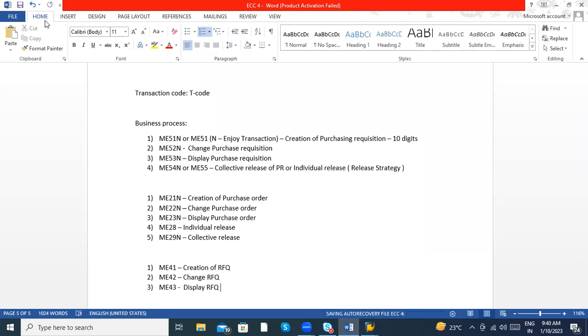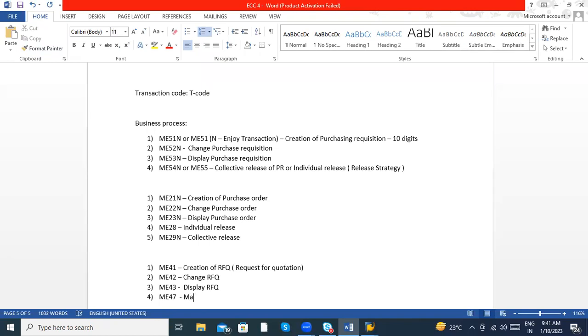What is the RFQ? RFQ, request for quotation. What is the purpose of that? The quotation of the items which we are sending to the vendor, so we are expecting the price quotation from the vendor. That quotation we are sending. So we are requesting the price quotation, right? Okay. So then after that, once we got the price details and all, we will be maintaining it in the